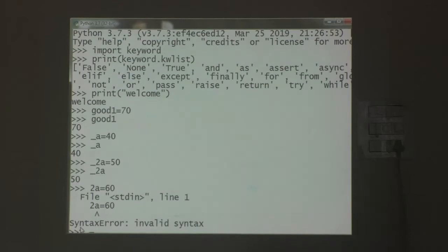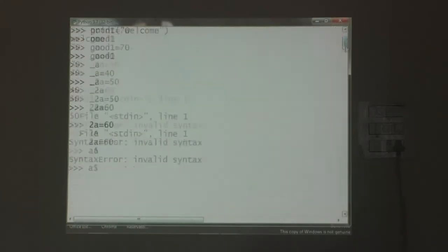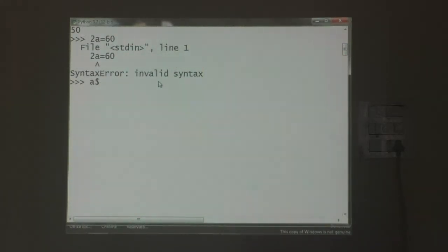Apart from this, except underscore, if you are using any special character, for example $a is equal to 10, see, this is also invalid syntax.